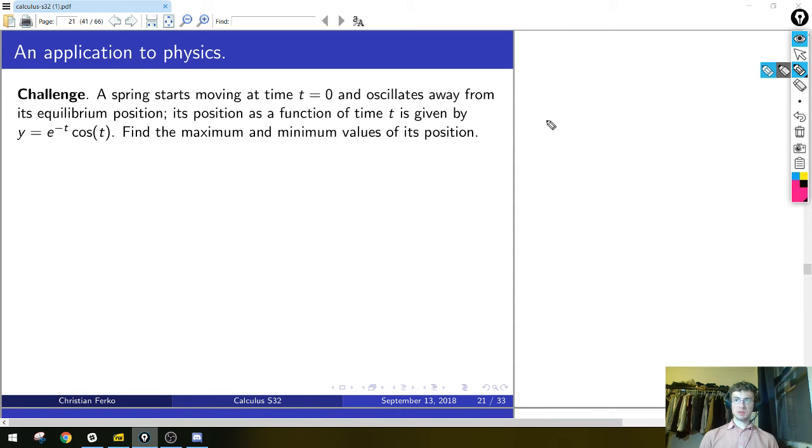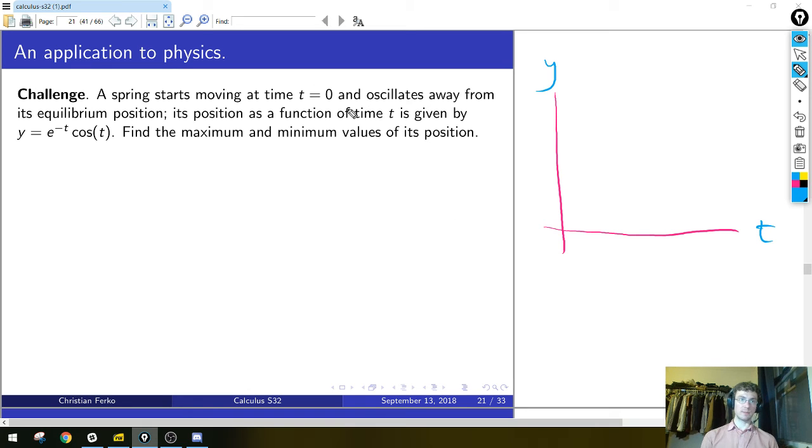A slightly more physical example. So suppose we have a spring. So this is an example of what's called damped harmonic motion. So I'll put time on the x-axis and put the position of the spring on the y-axis. So the spring starts moving at time 0, and it's going to oscillate away from its equilibrium position. So if you think this is like stretching a spring which is submerged in molasses or something, right? So you stretch the spring and let go, and it starts to return, it's stretched, so it wants to get shorter, but it's in molasses, so it's kind of slowing down as well